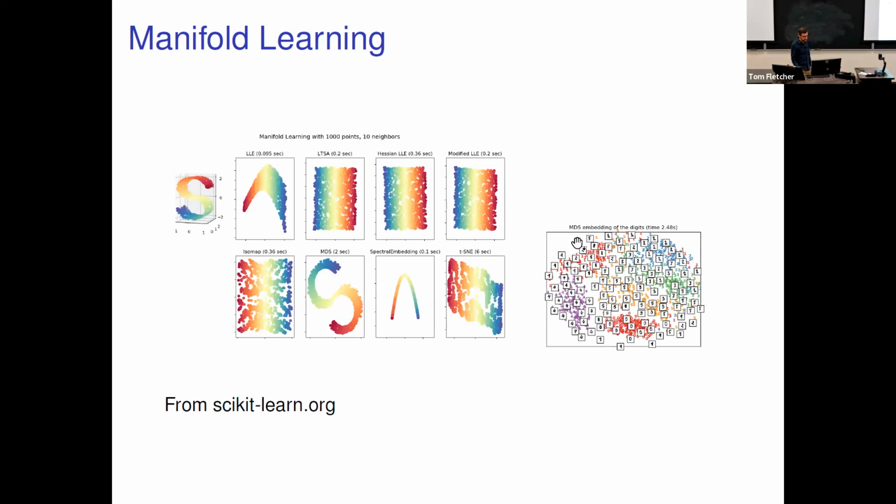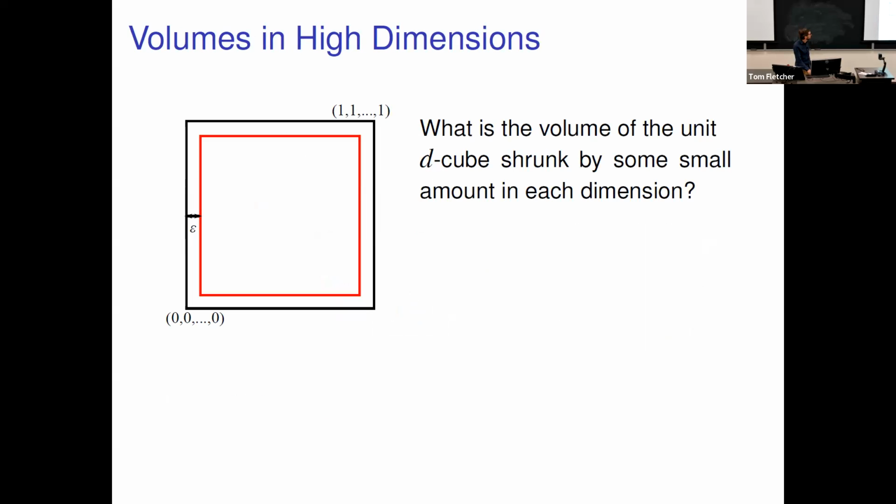And then it's a little bit small here, but a slightly less toy example is some handwritten digits, again flattened out to be represented as best as possible in a 2-dimensional embedding. Okay, so